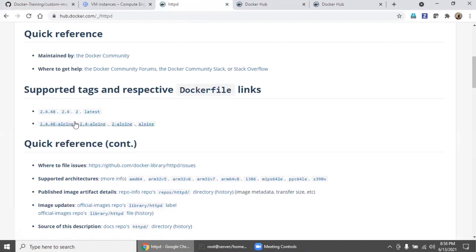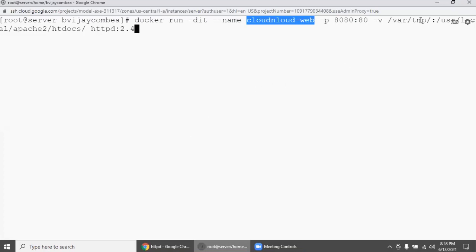If you want a specific HTTPD version, then you should go with the proper tagging. This is why tagging is really, really important. If you want to understand what a particular tag is, what changes they made, go inside and refer to the README, the documentation, right? So come down, go here, and we are mapping it, and enter.